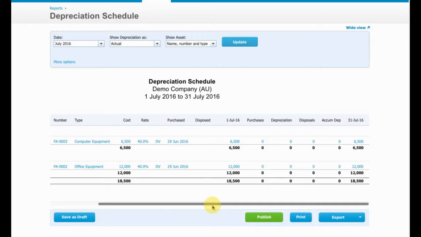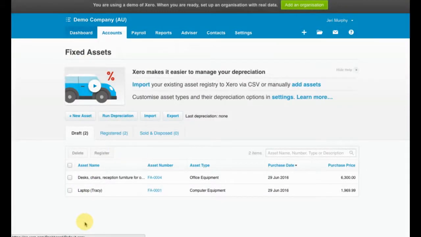Xero is doing all of that for you. Now, the other thing that it does as part of helping you manage this depreciation process is that whenever you buy an asset and you put an asset to a fixed asset account inside Xero, it's going to automatically populate the fixed asset register, or the draft tab of the fixed asset register, with the asset details that you have